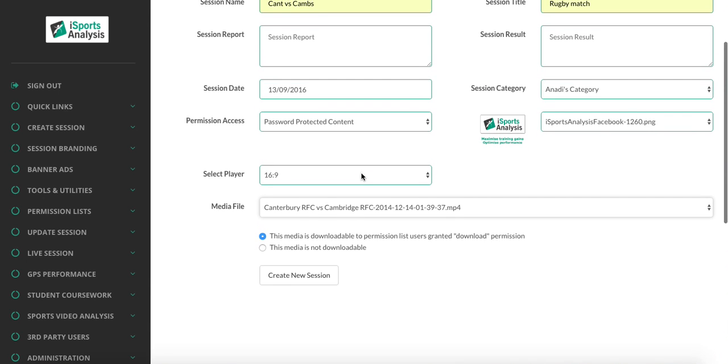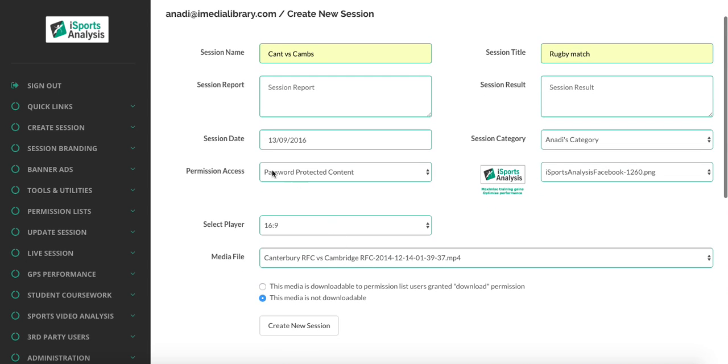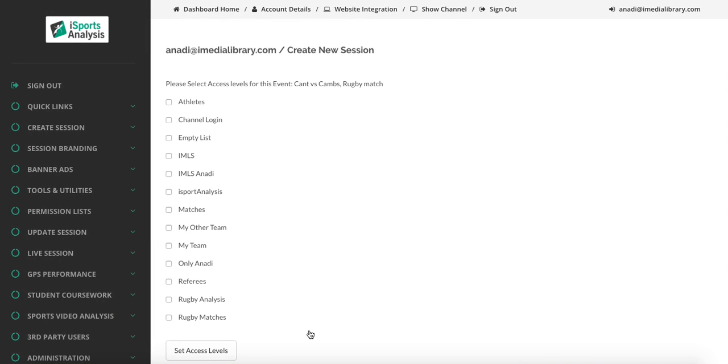By default, because this session has the permission access set to password protected content, by default the media is set to downloadable, but for this particular instance I will take the downloadable access off this session. And once I'm happy with the session details and I've checked that this session is password protected, I can create the session. Having created the session, I'm then asked to select the permission list, the list of users that have